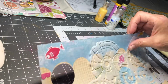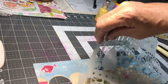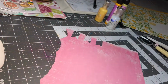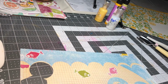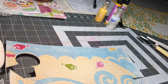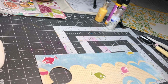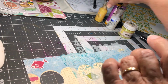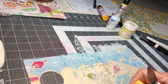So what I thought, and I'm going to demo it now to see how it might work, I thought I'd pick this one, and I'm going to do it on a piece of old Fancy Pants paper, I think, and I've fussy cut fish out of it. I had several pages of this. I've used this pink side a couple times in layouts, but what I'm after right now is this grid print. So I thought I'd just stick this on here, maybe do this Nouveau paste, Nouveau drops, as if it were a texture paste,